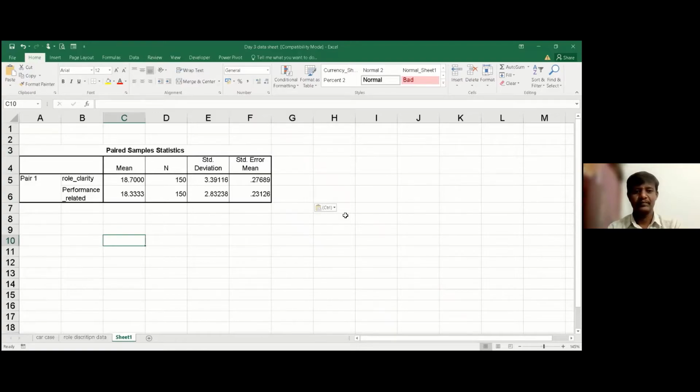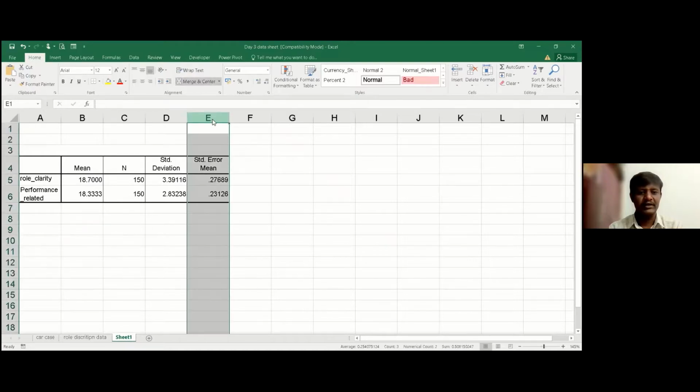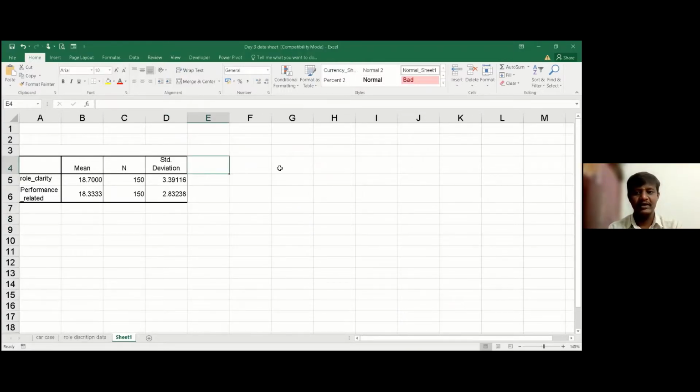I have copied the first table from the output. Here, there are many things that we don't want, and we can remove them. The standard error mean we can remove, but the remaining things we can keep. This table we can extend, and we will extend it using the second table. From the second table, we have the n value.